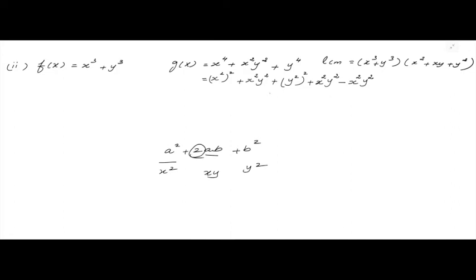Shall I proceed? So this can be written as x power 2 the whole square plus 2x square y square plus y square the whole square. Can I write like this? And now what do you get here? This one is missed. Don't forget, you have to take it down. Okay. Yes. So here this is a square plus 2ab plus b square. So that is a plus b the whole square. What is your a? x square plus y square, the whole square, minus xy the whole square.